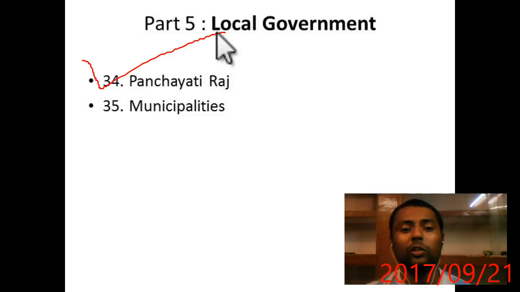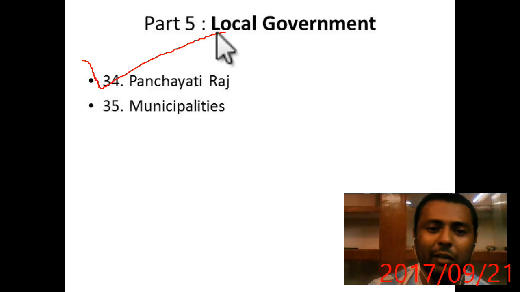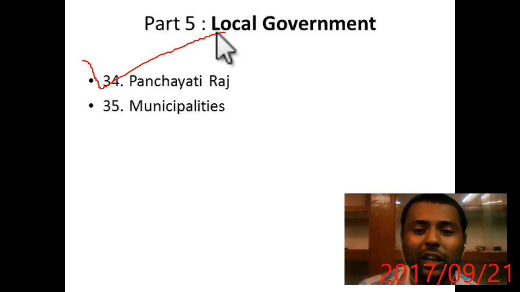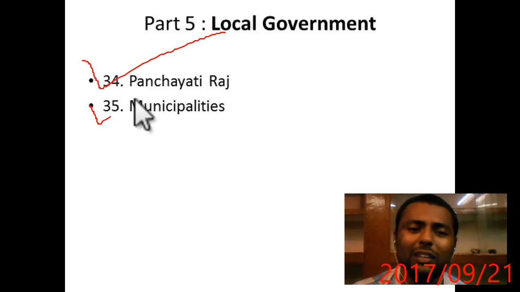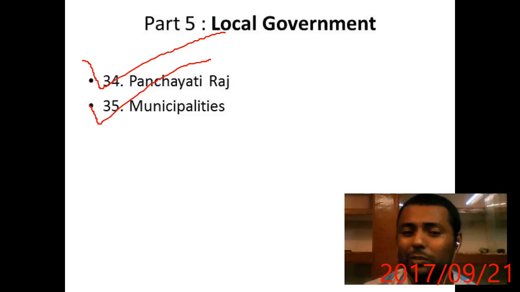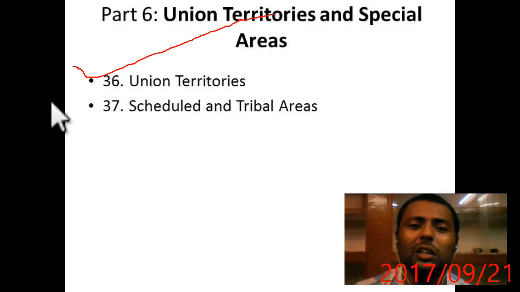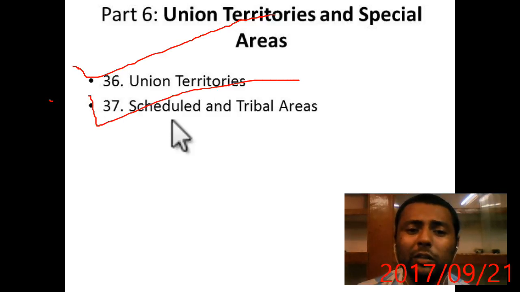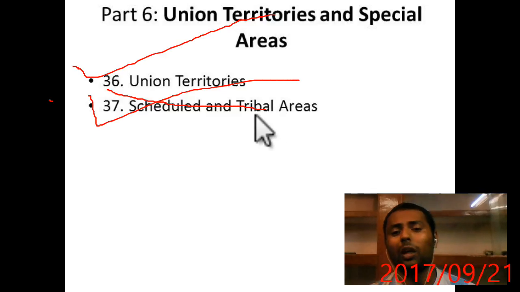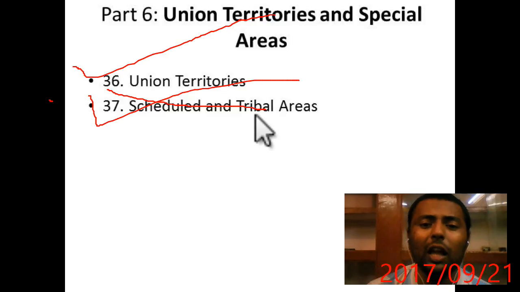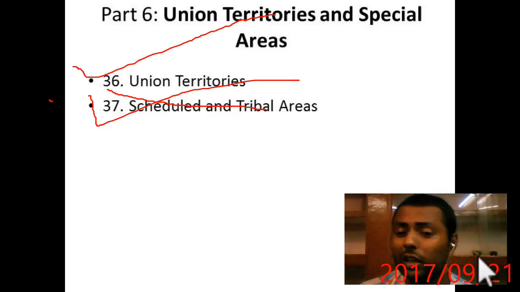Remember the chronology of the Balwant Rai Mehta, LM Singhvi and Ashok Mehta committees, when they came, which committee recommended the 2-tier structure, which committee recommended the 3-tier structure. Just went through that. Okay, municipalities you can ignore. No questions come from municipalities. Union territories you can ignore also. Schedule and tribal areas you can ignore too. In union territories, just read that there are 2 union territories which have their own legislature, that is Delhi and Puducherry. Read the important articles and the amendment, like the 69th constitutional amendment related to NCT of Delhi, etc.